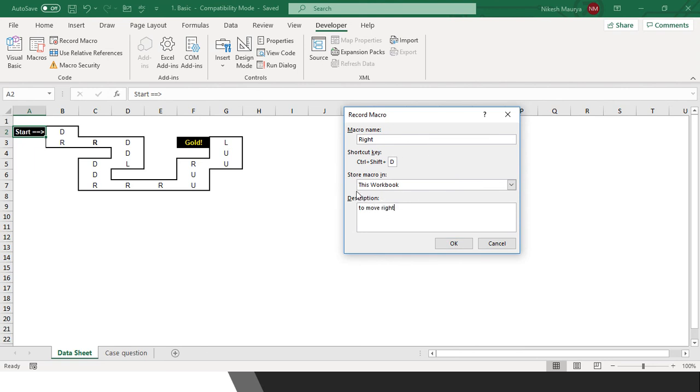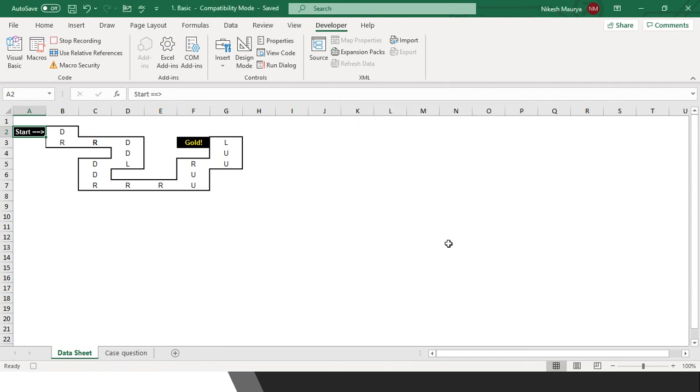It will save in this workbook; there are various options to store the macro, such as a new workbook, but right now we will store it in the current workbook. The macro name is Right, and the shortcut is Control Shift D, which makes it easy to use when you do tasks using commands.